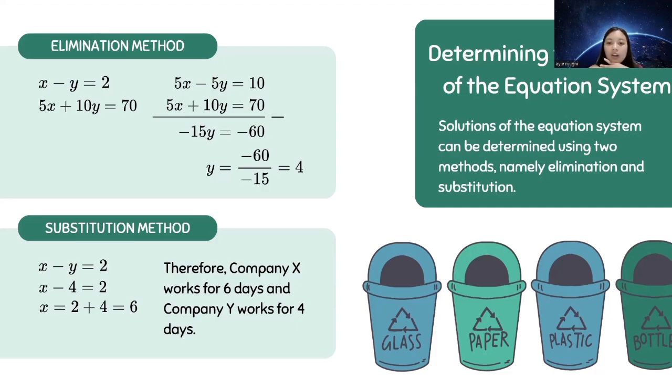After calculating carefully, we get x equals 6 and y equals 4. This means company X worked for 6 days and company Y worked for